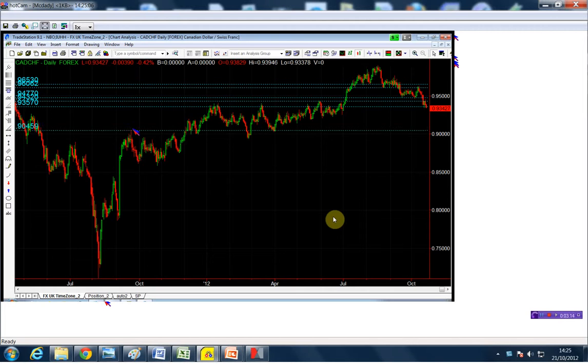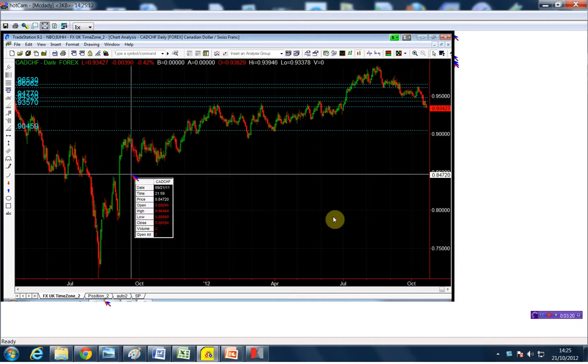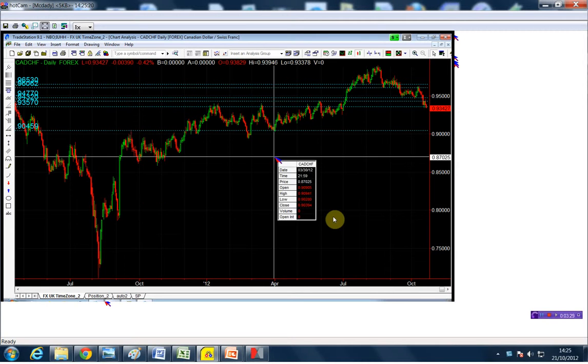Tested as a stop on the upside, and now it's tested on the decline. So this is the 90.48, and this one here is